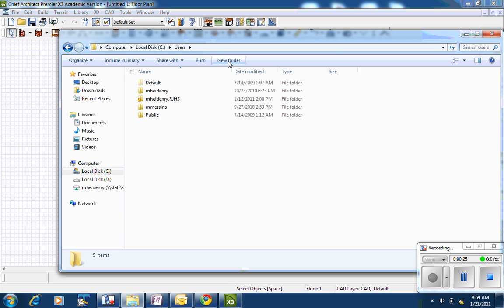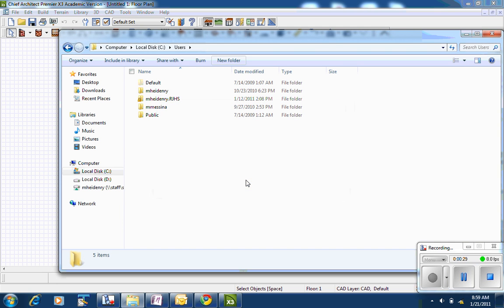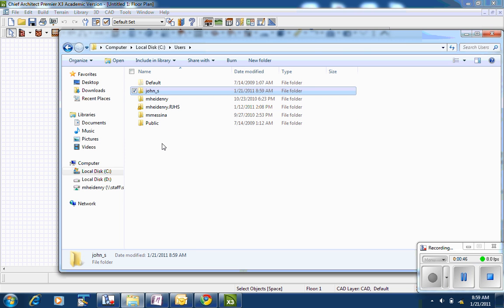I want you to click on New Folder. It may tell you need to be administrator or something like that. And then give it a name, probably your first name, last initial, something like that. So we'll pretend my name is John Smith. Or you can use your full name. Hit Create. And that's where you can store your stuff locally on the hard drive of this computer, which has